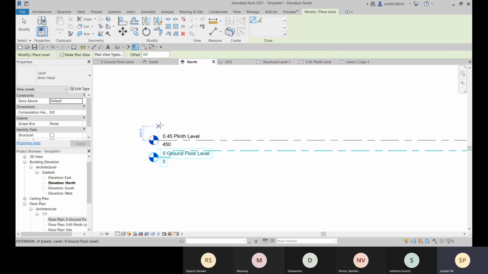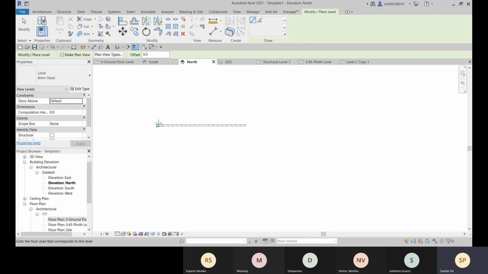Okay, so from this, and here you see that another temporary dimension is visible. And as per the mouse movement, you see some increment, and that is set in that manage tab snap option. You remember, there is set. So as per the zoom, you will see the increment. And here you see that the increment is right now 1000.